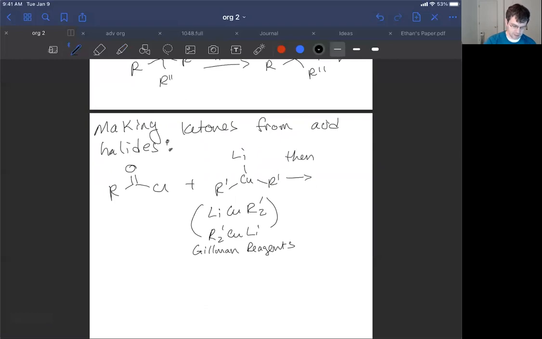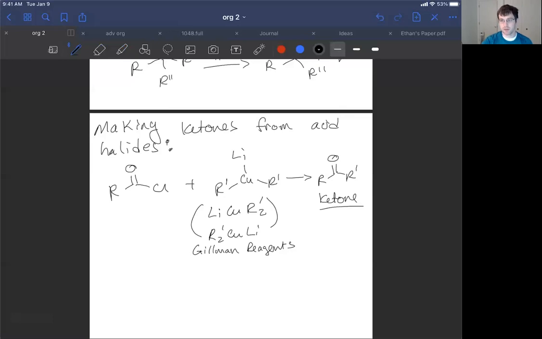I don't think you even need H plus. I mean, you'll do H plus workup, but it's not critical for the stoichiometry of the reaction, but you'll just replace the Cl minus with an R prime. Okay. And that gets you a ketone. And what's cool about this ketone is it's got a mixed set of R groups on either side. So you can make some molecules that lack symmetry, which are otherwise typically harder to make. Okay, I think this is a pretty cool